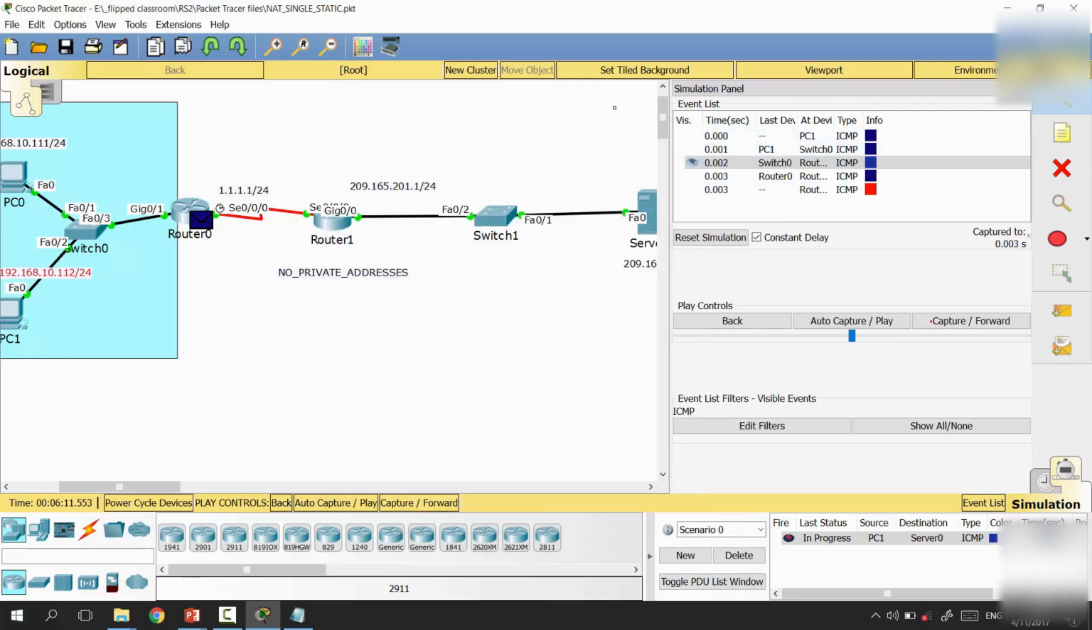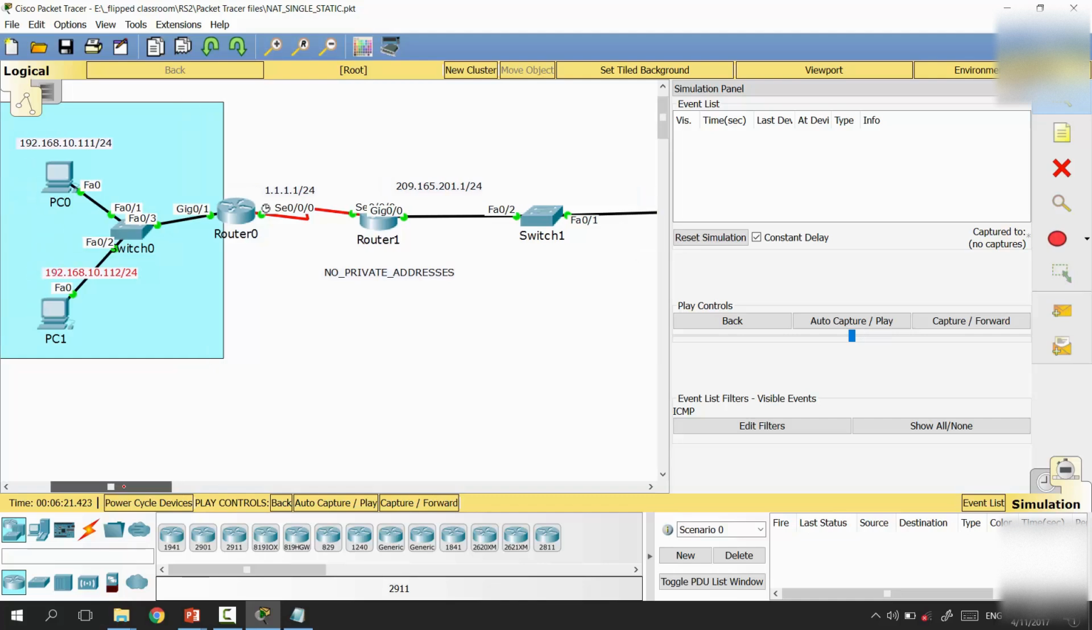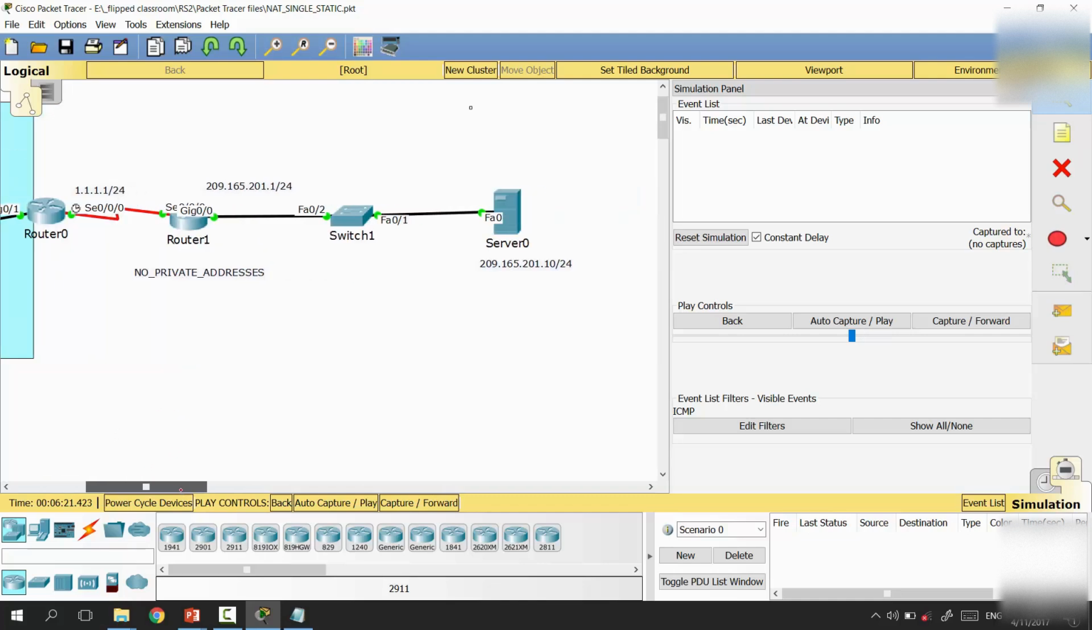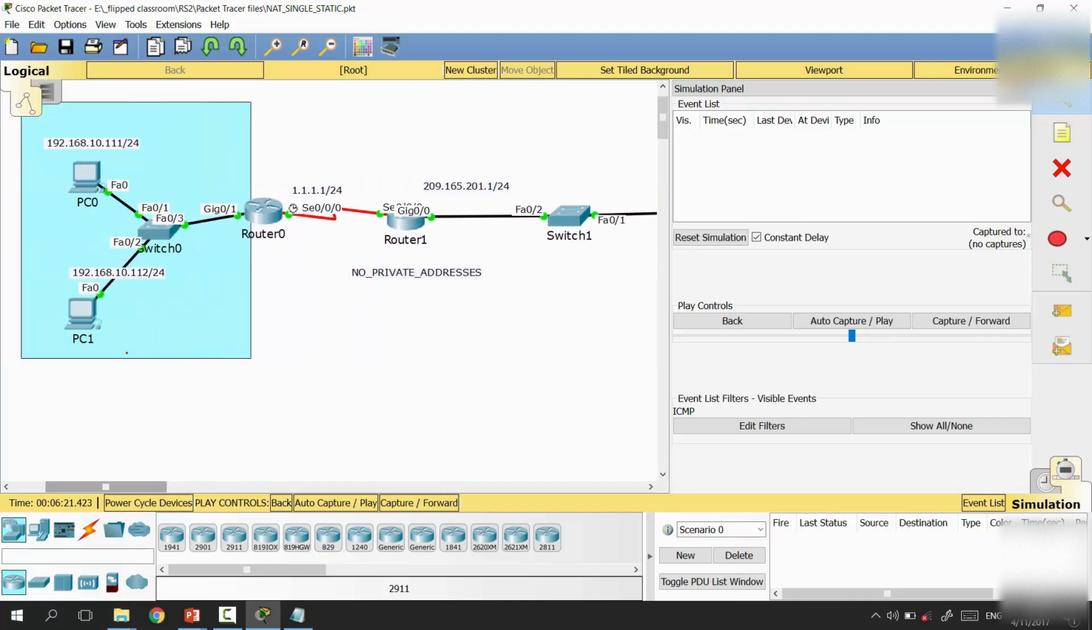Due to the fact that it is not changed, our router makes filtration and finds out that this packet is not allowed to pass to server 0, and then it will send the message which is saying destination host unreachable. So in case you type this IP address in the ping